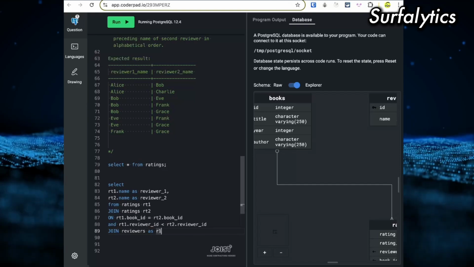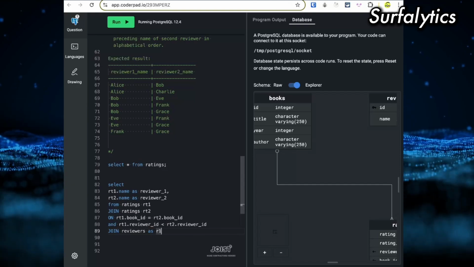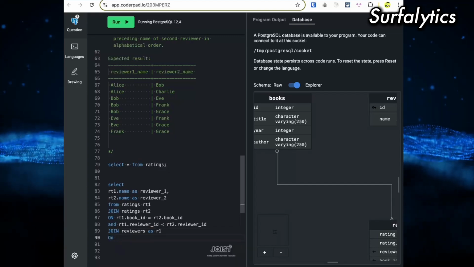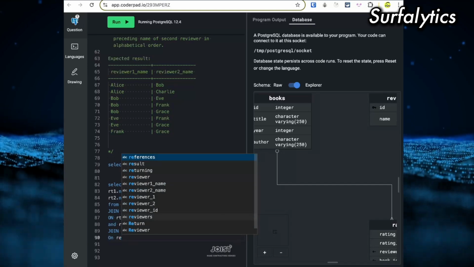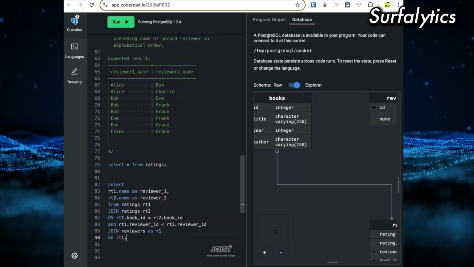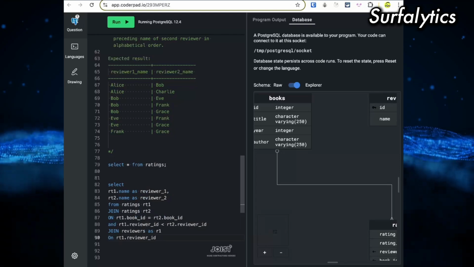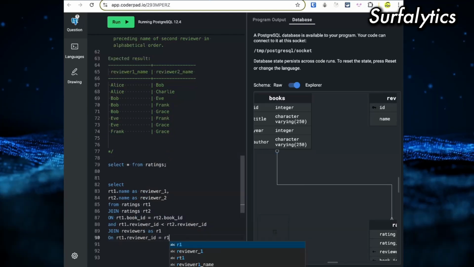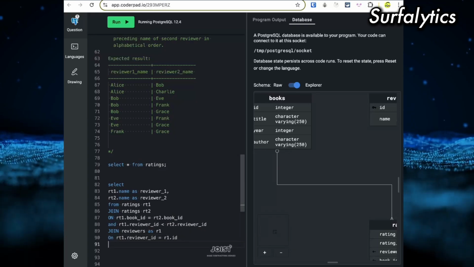Yes, and I need to join reviewers as 1, and I need to add RT1, for example, reviewers ID equals R1.id.